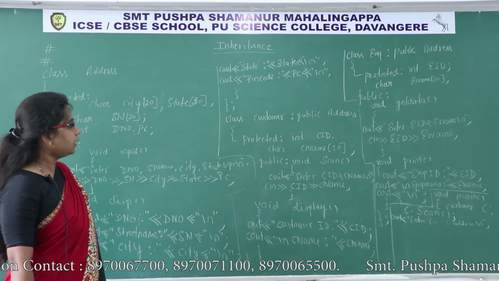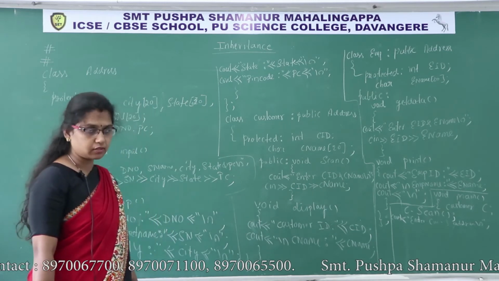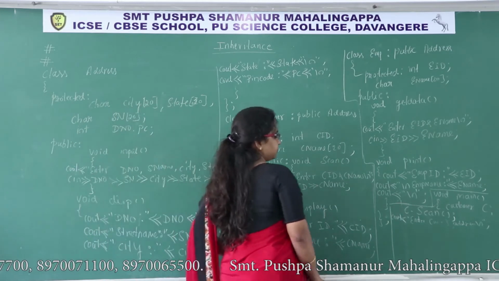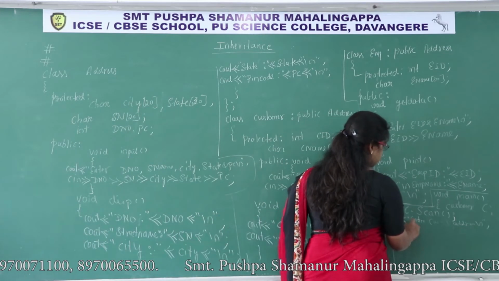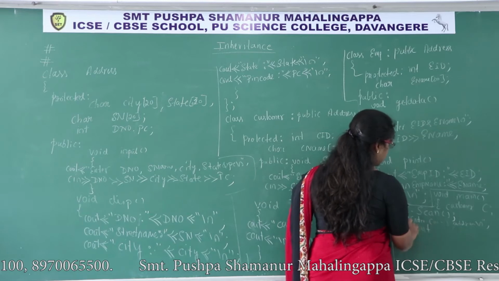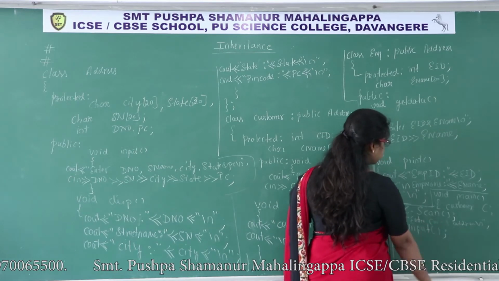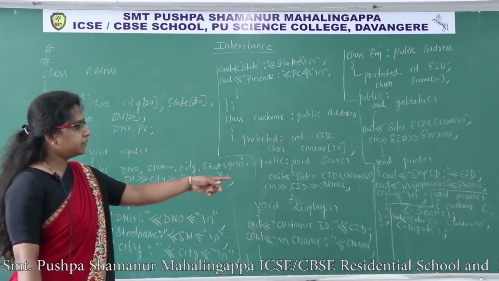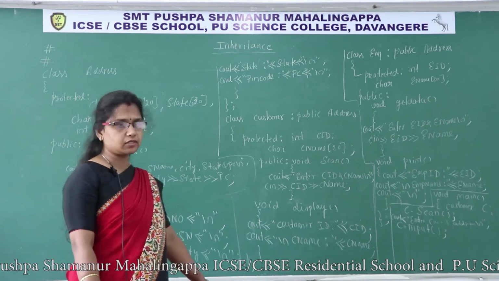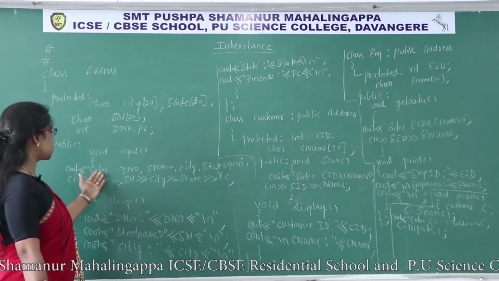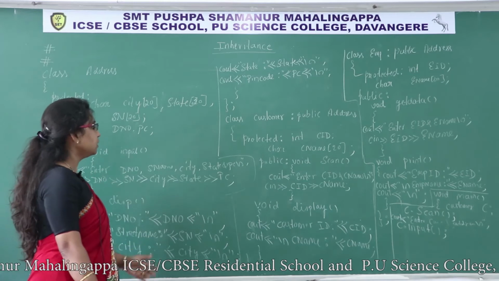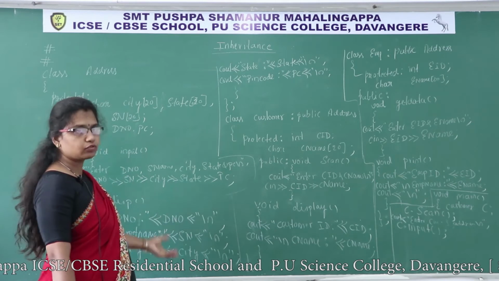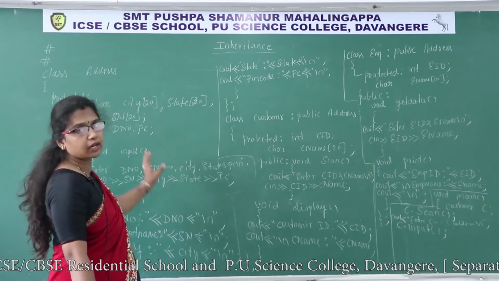Now I want to read the customer's address, so I have to call this function, c.input. Input also has become a member function of the customer class. After displaying the statement enter customer's address, it displays this statement, enter door number, street name, city, state and pin code, then we enter values. After that it gets values from the keyboard and stores them in the respective data members.